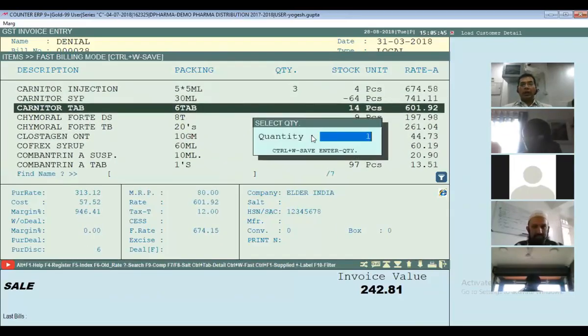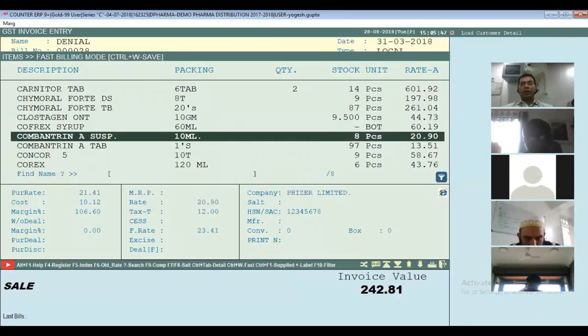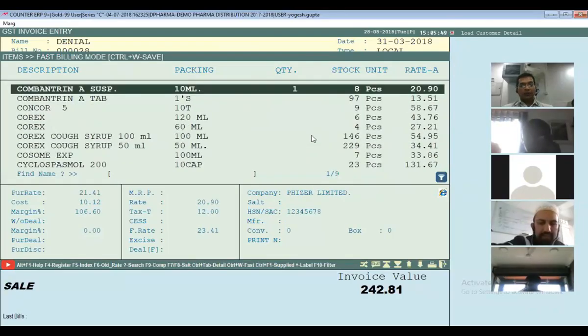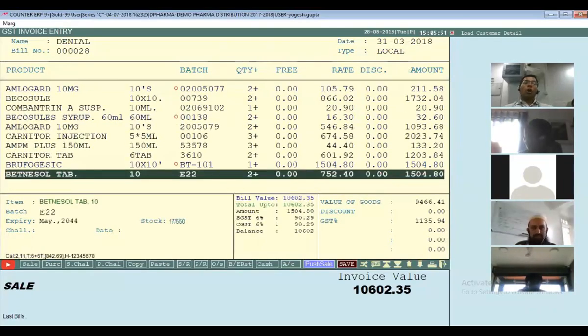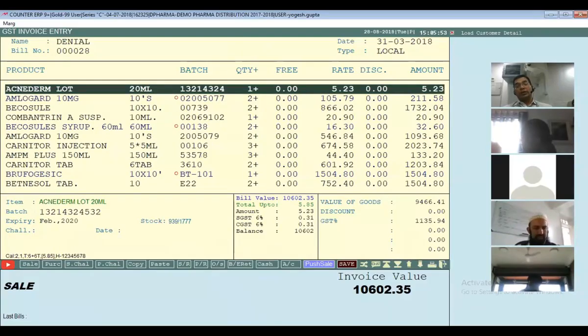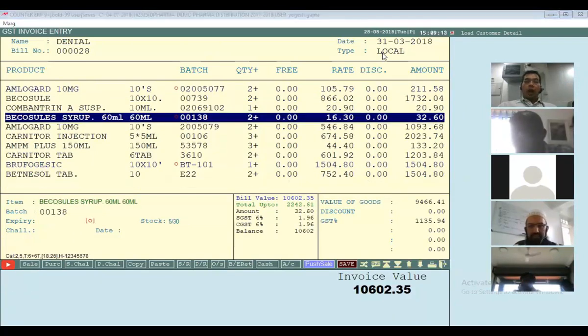Item, quantity, item, quantity. At last, just press one Ctrl W, and all the items have been loaded. That is called our fast billing mode feature, which is very much appreciated by the customers. Right, sir? Now, this was the fast billing mode. Next.